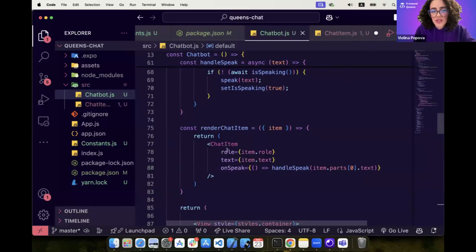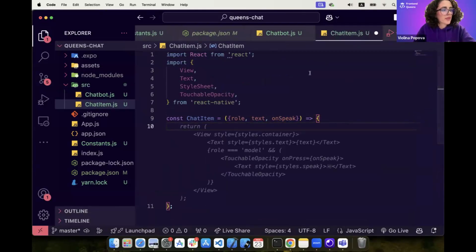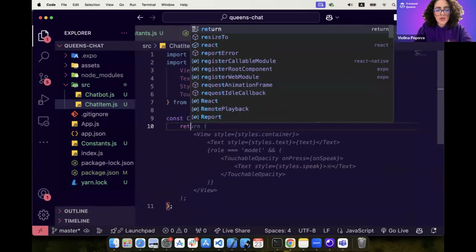And as you can see, it has to accept three properties: row, text, and onSpeak. And it will return